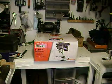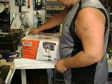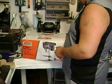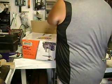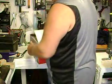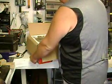Let me just open this box up here. They are made in China. Brand new at Canadian Tire, they're about $90. They go on sale. Various prices. When I originally bought mine, my first one, this is actually number 3 for me, my first one I turned in, I stripped it down for the motor because I needed it for a wood lathe that my wife had at the time. So anyways,